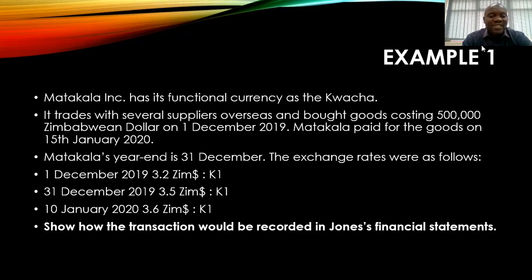1st December 2019, 3.2 Zim per kwacha. 31st December 2019, 3.5 Zim per kwacha. And 10th January, 3.6 Zim per kwacha. Show how the transaction would be recorded